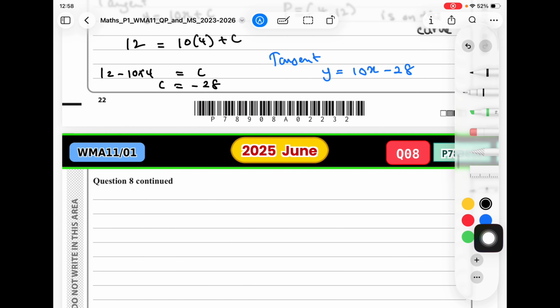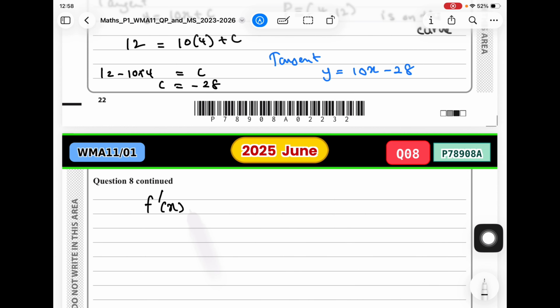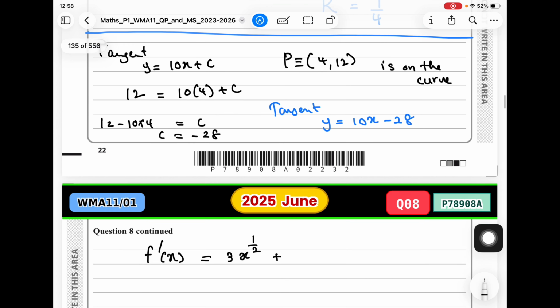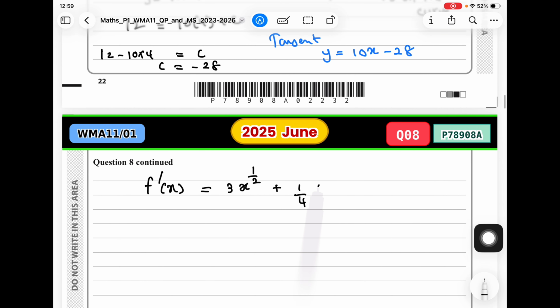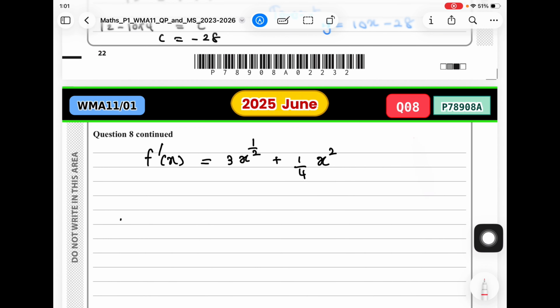If we know f'(x), we need to arrange it in a better way. √x we can write as x to the power half, plus kx², and we know k is now 1/4, so it's 1/4 x². Good. When we differentiate, d/dx of x^n is n comes to the front and x^(n−1). Similarly in this case,